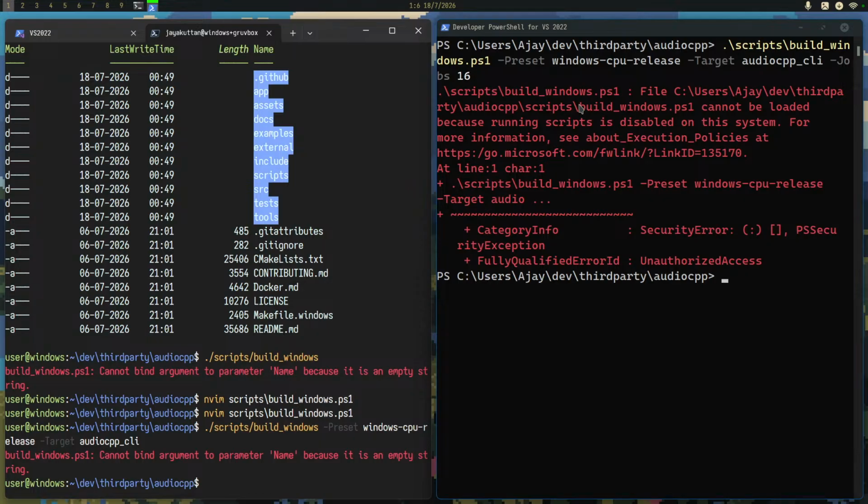I actually have a couple of AppLocker rules that restrict these kinds of script executions, so I'm pretty sure that's what's doing this.